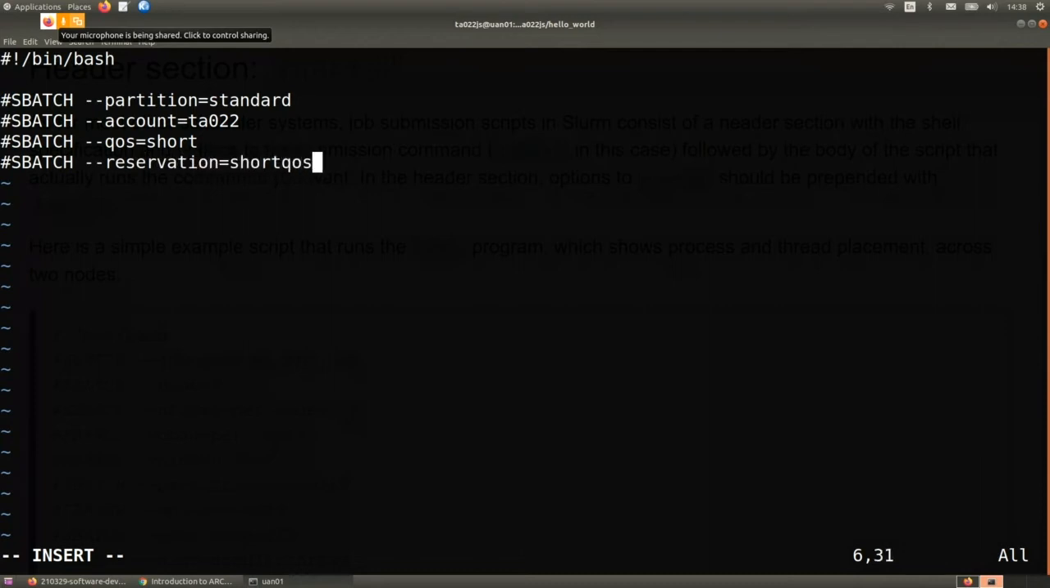The reservation is short QoS. It's not a number, it's a reservation name. Short QoS. If you don't have that, you're not able to run on the short queue. Other things you'll need if you're running on the short queue is to specify the time, because the short queue